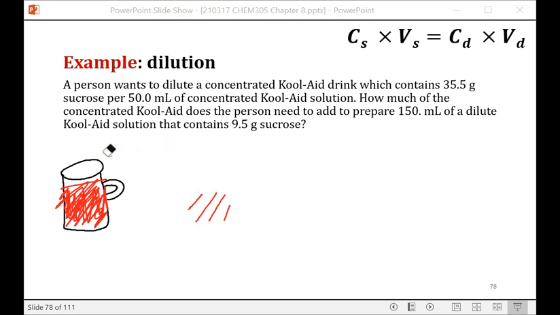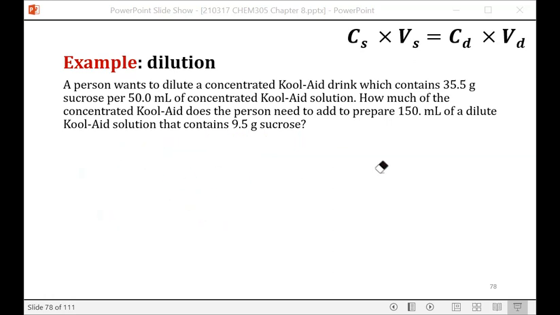So this is something you might do in the summer. Let's say you want to make a really concentrated iced tea or really concentrated juice or Kool-Aid solution, store it in your fridge, and then every time you want a glass, you don't have to make the whole solution. You can just dilute the concentrate down to the final concentration that you want. Okay, so we're given: